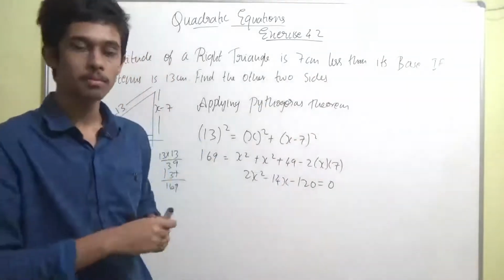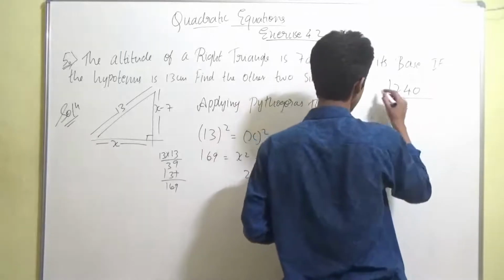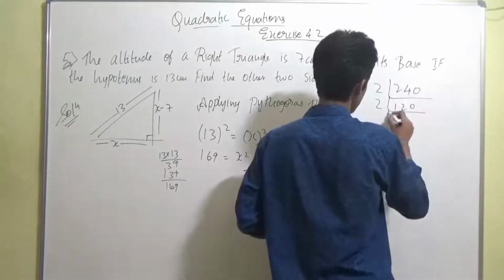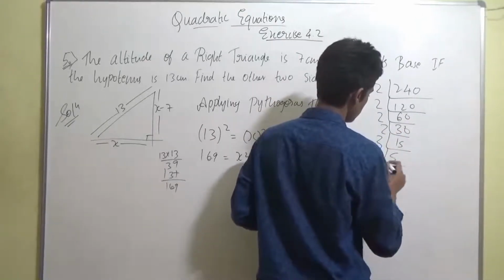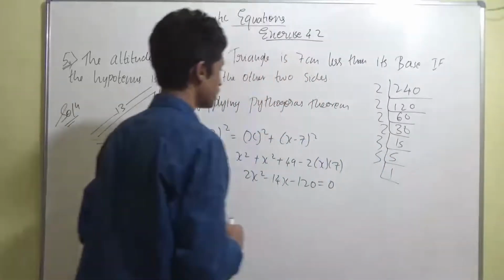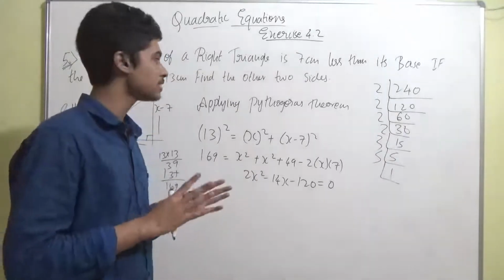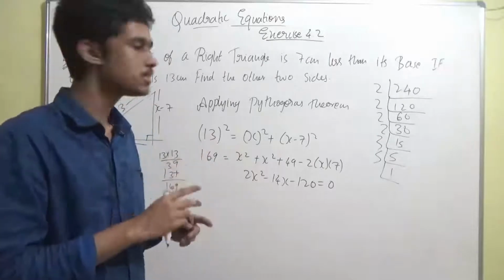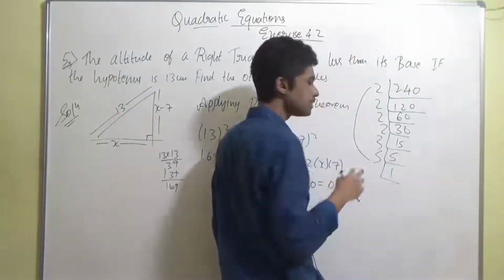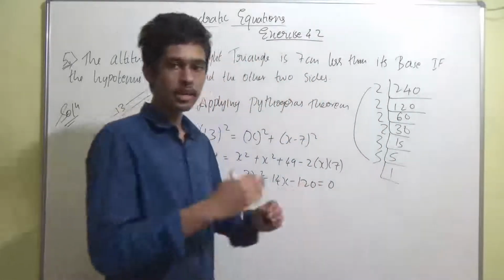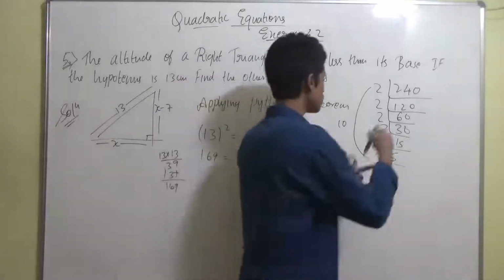Or else you can do the prime factorization if you don't know it already. Right? 240 by 2, 120 by 2, 60 by 2, 30 by 2, 15, 3, 5, 5, 1. So we did the prime factorization guys. Now you have to club them in such a way that the difference you are going to get is 14, right? Okay. Now what I'll do is 2 and 5. Since I know it already, I am doing it directly. Or else you have to do the hit and trial method and find the combination. So here 2 into 5 I got as 10. Okay guys, so I am combining 2 and 5, it becomes 10.